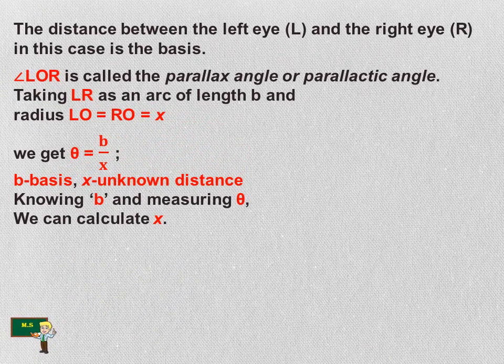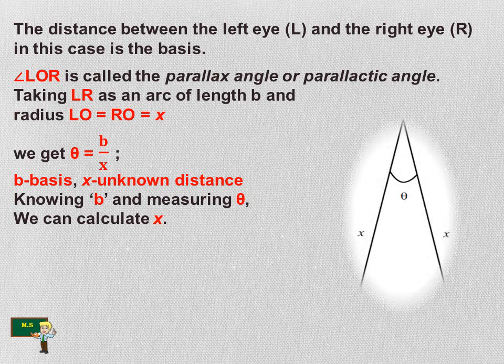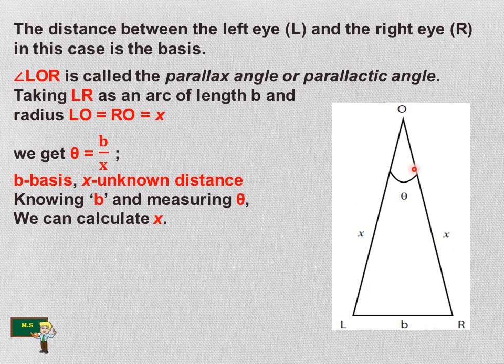Likewise, the distance between the left eye and the right eye is the basis. Now, angle LOR, where O is the object. Here, this is the object, a planet, this is the left side and this is the right side, this is the basis, and this is the distance between L and O and R and O, and this is going to be the angle